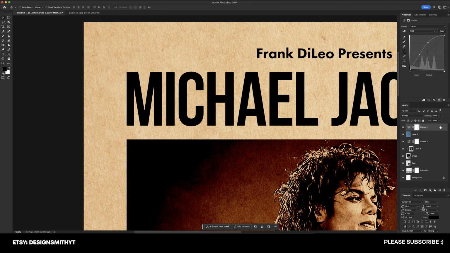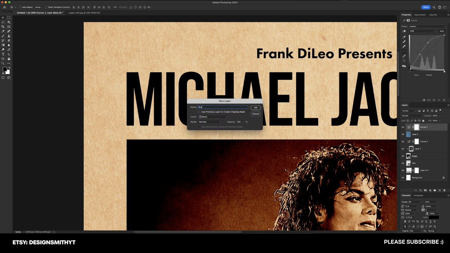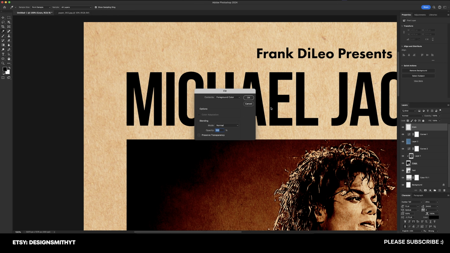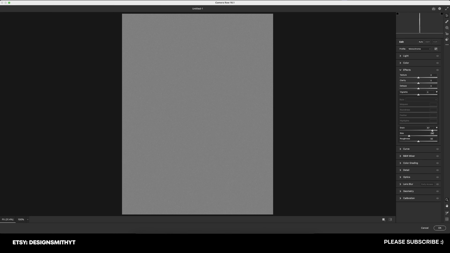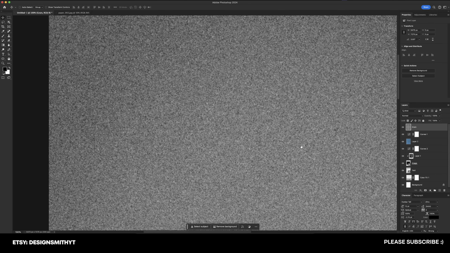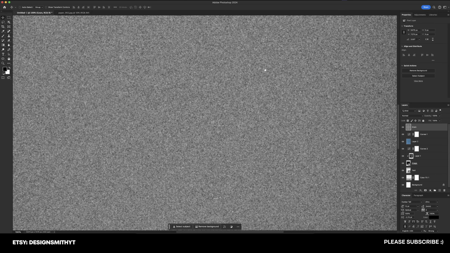So let's go to the top layer and let's create a new layer. And I'm just gonna type grain. And we're gonna hit Shift and Delete on our keyboard and bring up 50% gray for the fill, hit OK. And now we're gonna go to Filter and Camera Raw Filter. So what we need here is a pretty good amount of grain, pretty heavy, probably gonna do like around 85 or something like that. And for the size, we'll do probably around the same amount. And for the roughness, I'm gonna crank this all the way up to 100. And then for a vignette, let's just kind of do like a negative, no more than a -20. That looks good. All right, so we've got this nice consistent grain effect that is being applied across the poster,